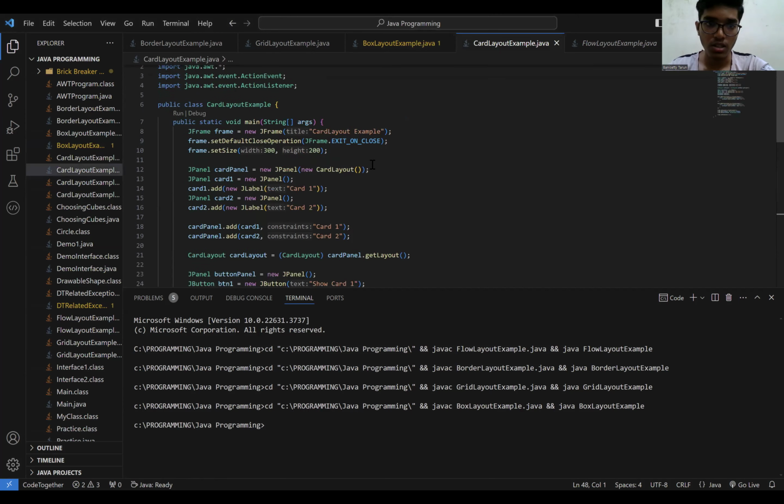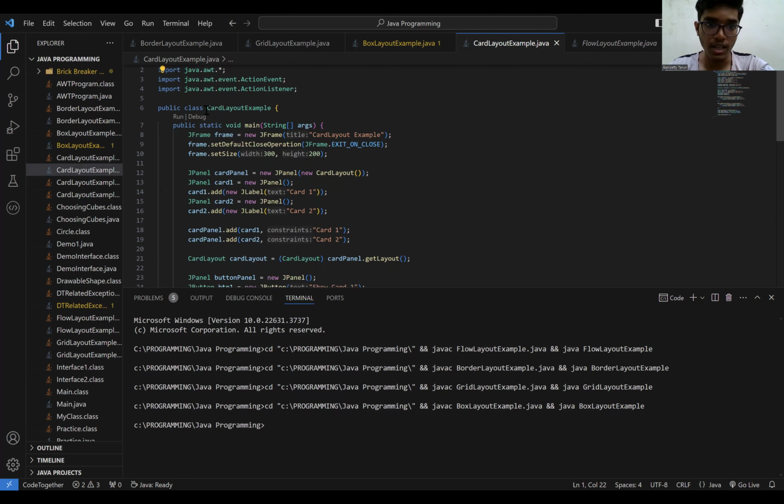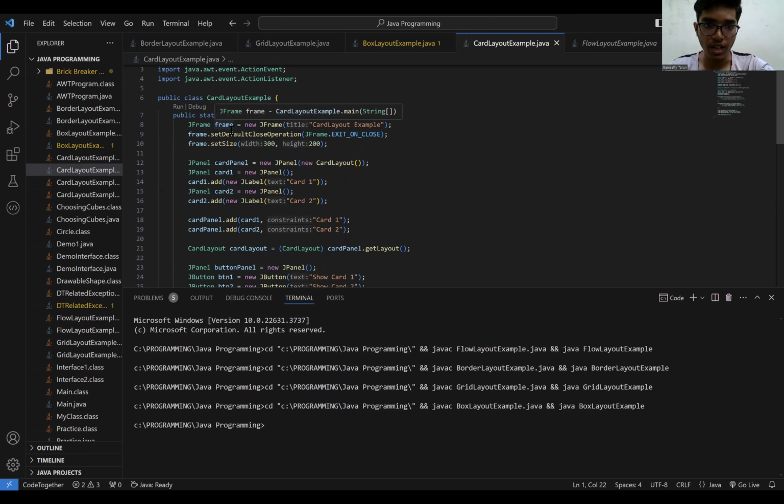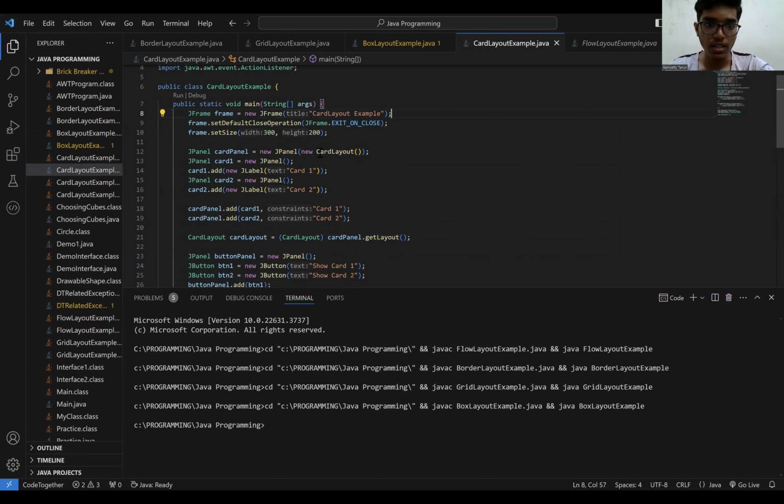Next, card layout. I have imported these packages: javax.swing.star, java.awt.star, java.awt.event.ActionEvent, and java.awt.event.ActionListener. I have created this class called card layout example, and inside this main method I have created the frame and given the name as card layout example, and I have set the default close operation,